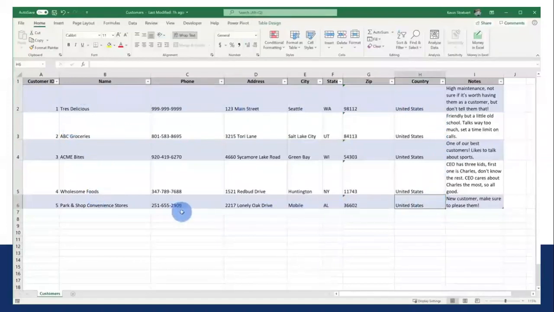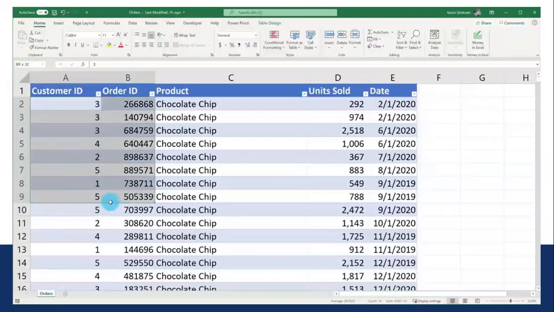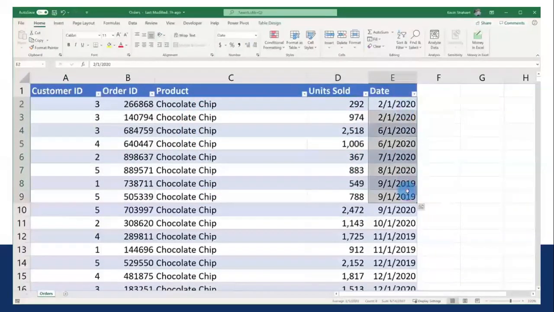Don't worry, this is all made up information, so don't try calling any of these customers. And then over on the right-hand side, there are also some notes related to these customers. The orders sheet contains the bulk of the information. Here we can see the customer ID who placed an order. We also see the order ID, what product they ordered, how many they ordered, and also the date of the